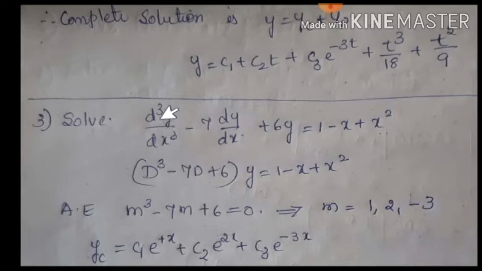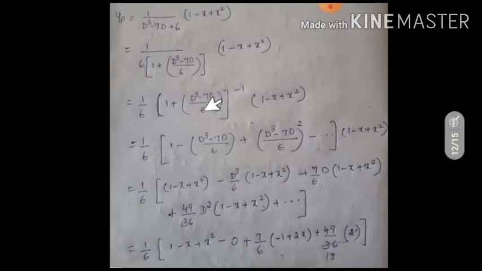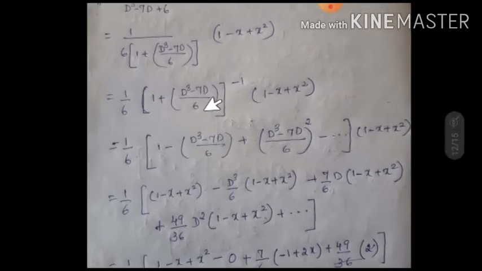Observe that in this problem y is dependent. So when they ask you to solve, it means you are finding the y value. But in the previous problem they asked you to solve for x. So the final answer should be what? It is x is equal to. Okay. Now the next step, that is finding yp. So what is the yp of this function?